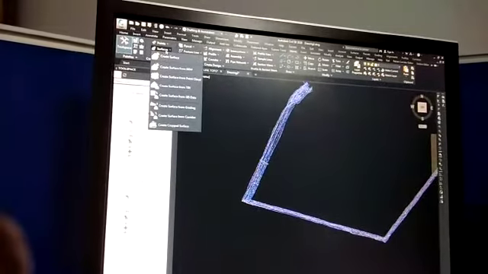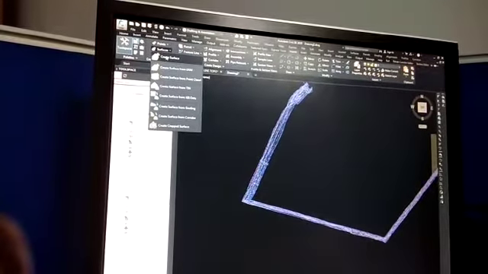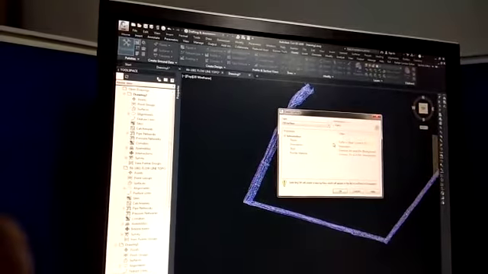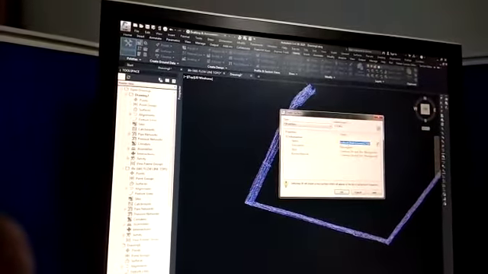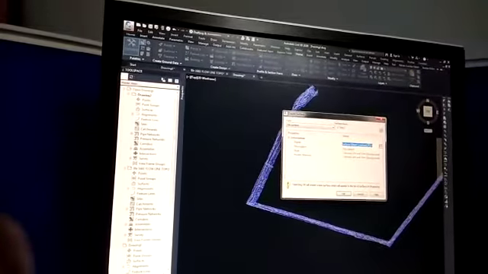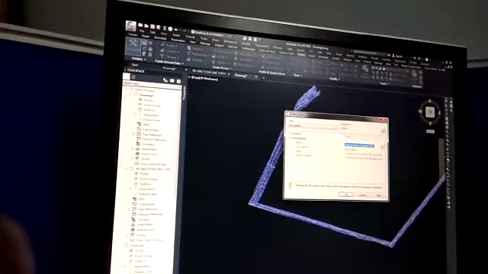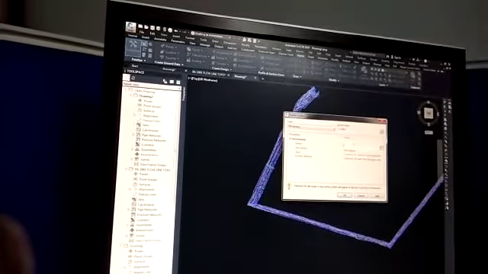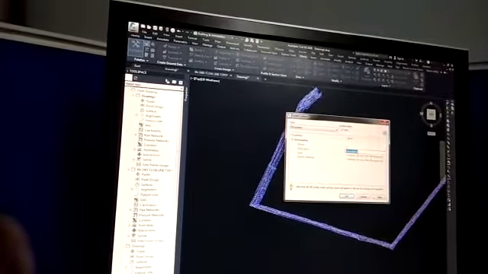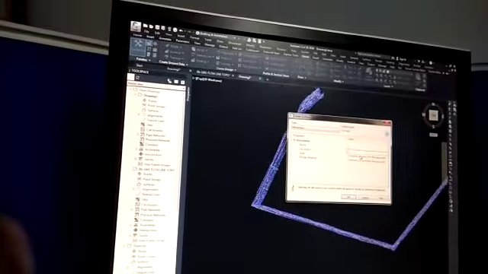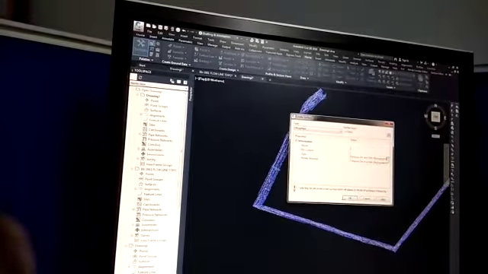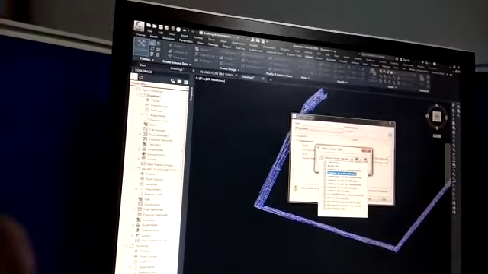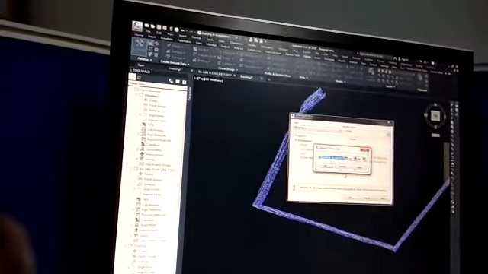We have to go to surfaces, and in the surfaces we have to go to create surface. In the create surface option, in the name we can give any name, like the well number is 1661. We can give it as 166 or 1661 or 1. And the description we can give it as profile or name, whatever it may be. And in style we are giving it as contours 1 meter and 5 meter design.